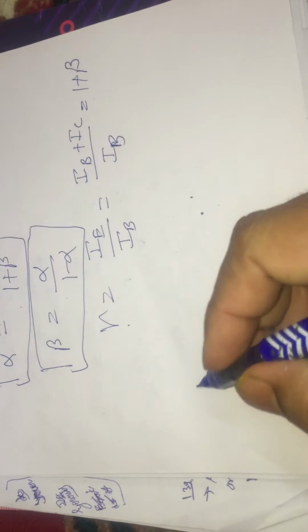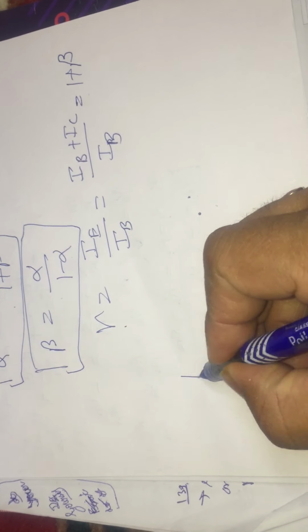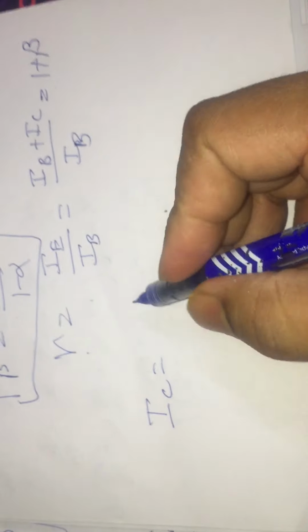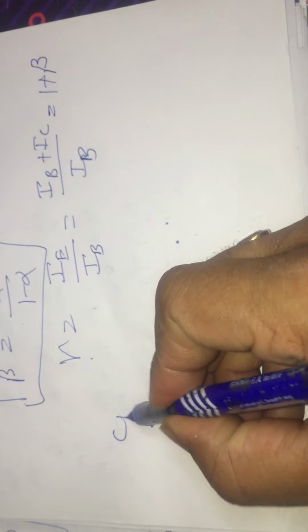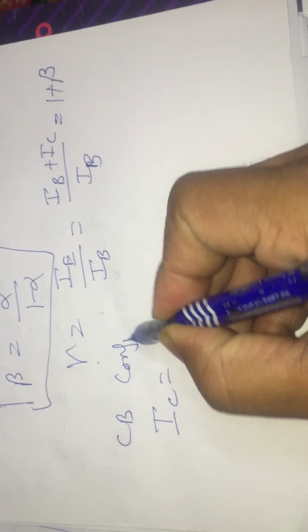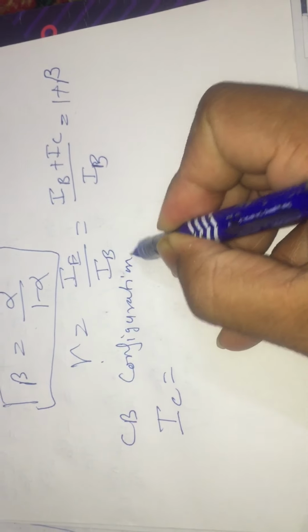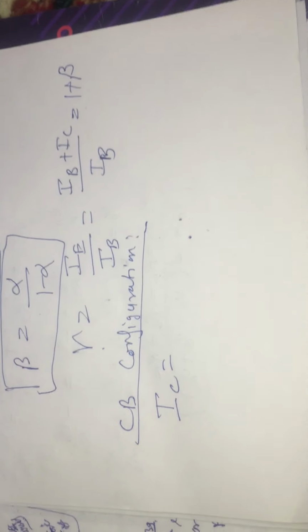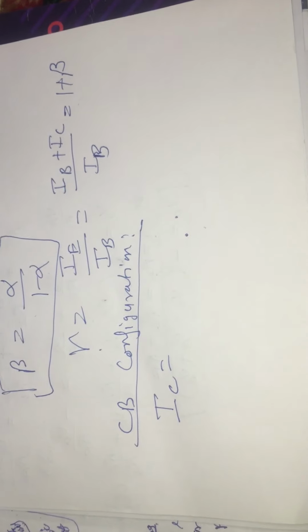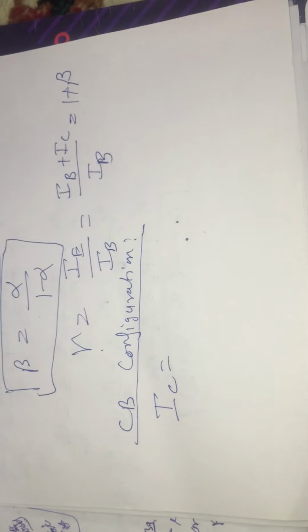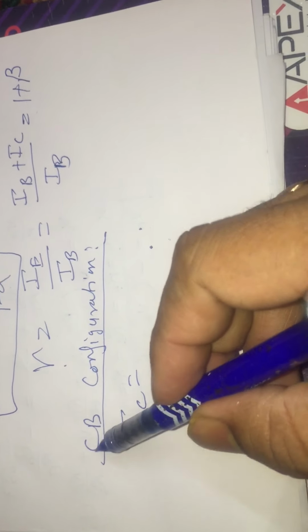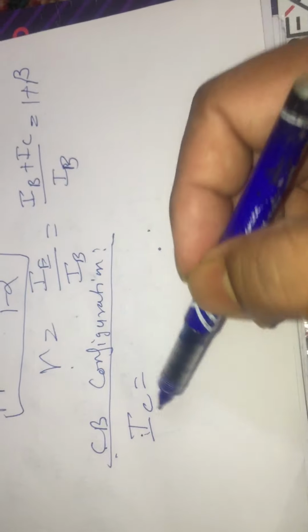Now we know that the output current IC has two components, IC majority and IC minority. IC majority, in case of common base configuration... we know that common base, common emitter and common collector are configurations. The current is the same. Simply put, it is like how we hold the ear: we can hold it directly, or we can reach around and hold the ear or the nose. So the current IC is the same whether in common base or common emitter, but the equation of current will change, and they can be converted.